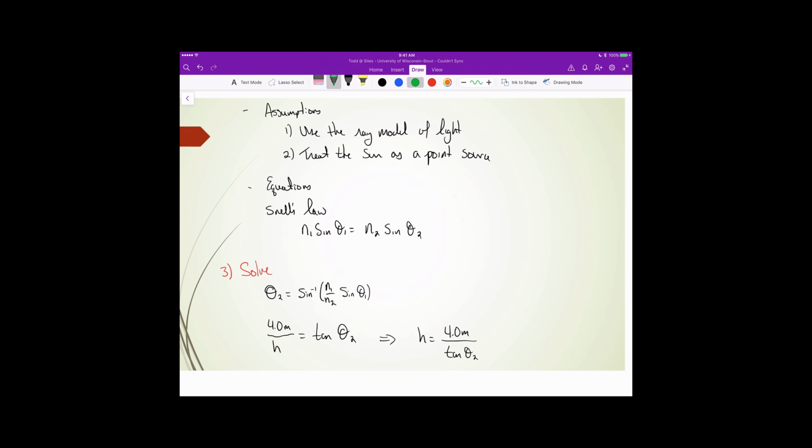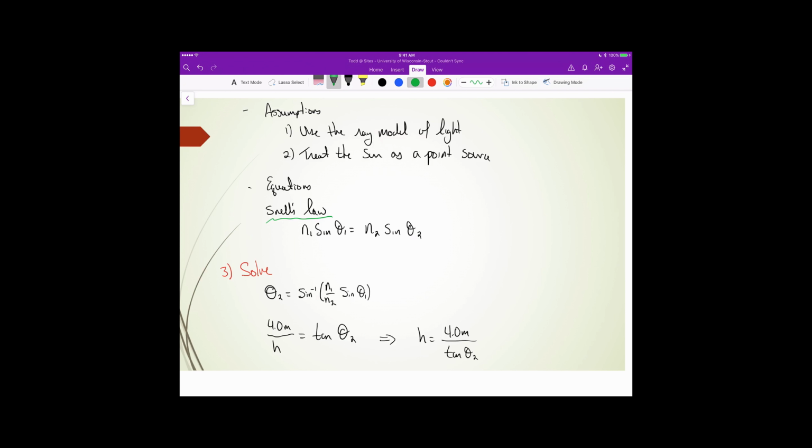with respect to the normal. For my assumptions, I'm going to use the ray model of light. We don't need to use any of the wave behavior at this point in time. We haven't learned any yet either. We're also going to treat the sun as a point source. We don't want to take into account the fact that the sun actually has a finite size in terms of where the rays are coming from, so we're just going to treat it as a single point in the sky right at the center. Really, the only equation that I need to use that is terribly relevant would be Snell's